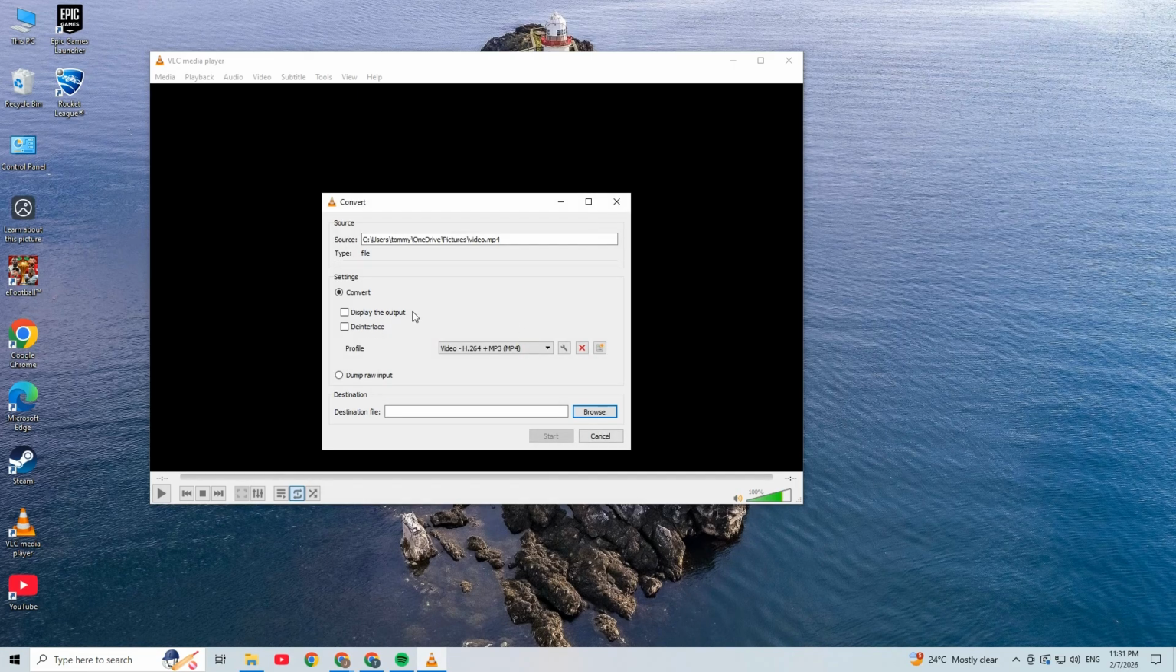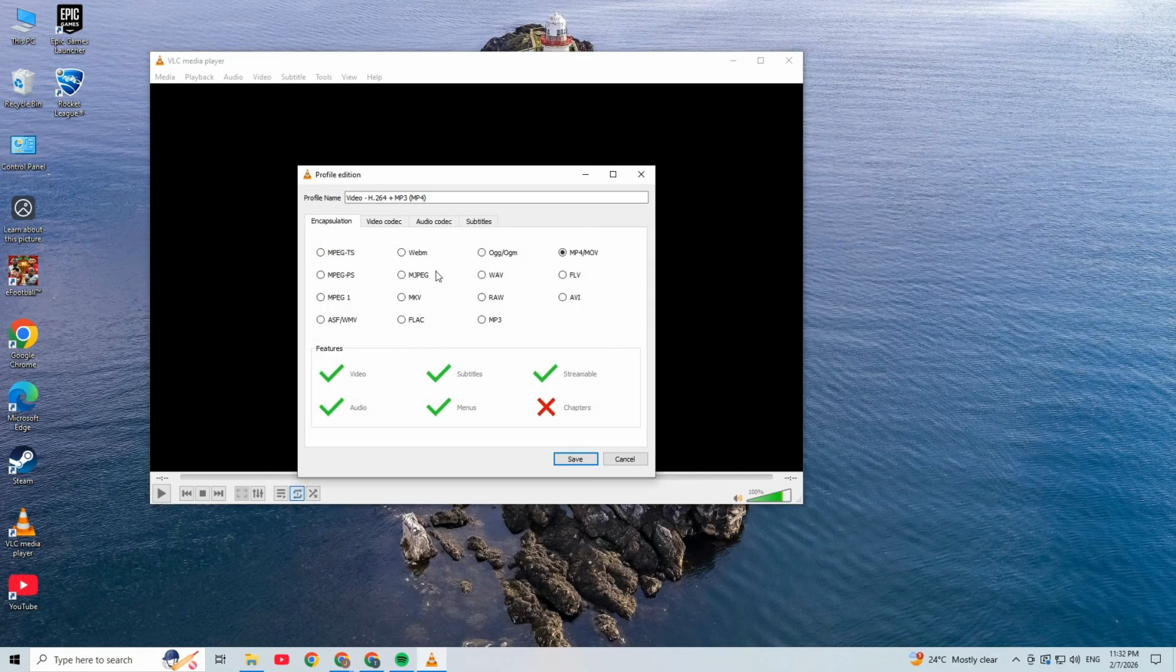You'll now be taken to the Convert screen. Here, you need to choose how the final video will be saved. Under Profile, select a format like Video H.264 plus MP3 in MP4. This is a good choice because MP4 works on almost all devices and platforms. If you want, you can click the wrench icon to customize settings, but for most people, the default profile works